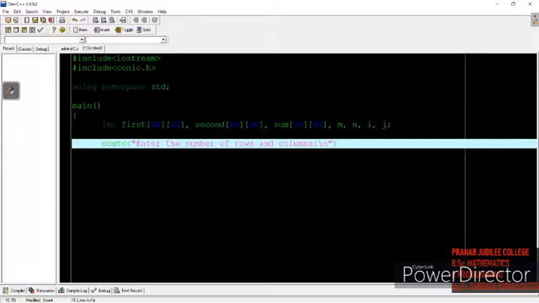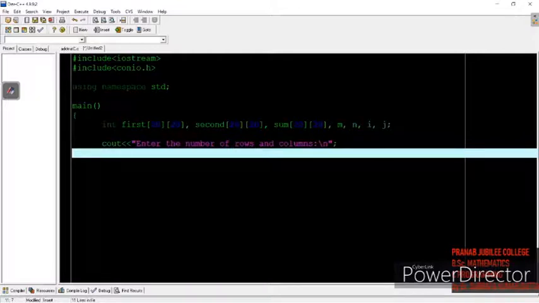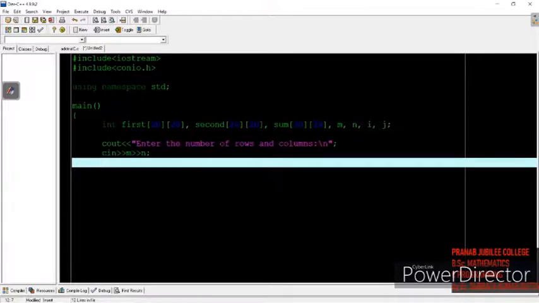If I am taking both inputs together, I will give cin, first m, then the input operator again, n.